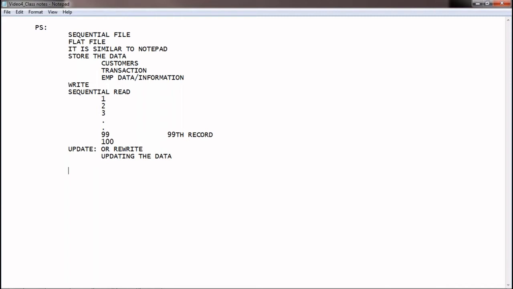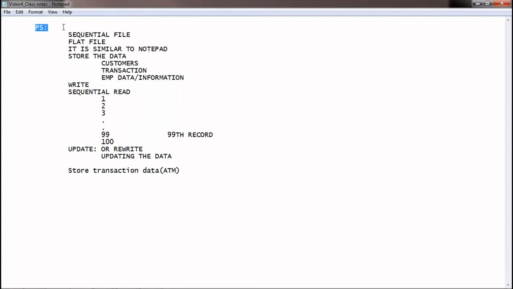So where and when do we use it, that is the question, team. In real time, to store transaction data, like ATM transactions, bank daily transactions, insurance premium transactions, or loan payment transactions, if you want to store any transaction details in real time, we will be using a PS file.